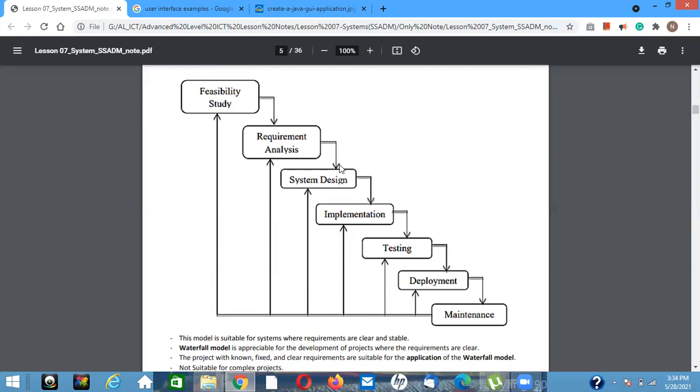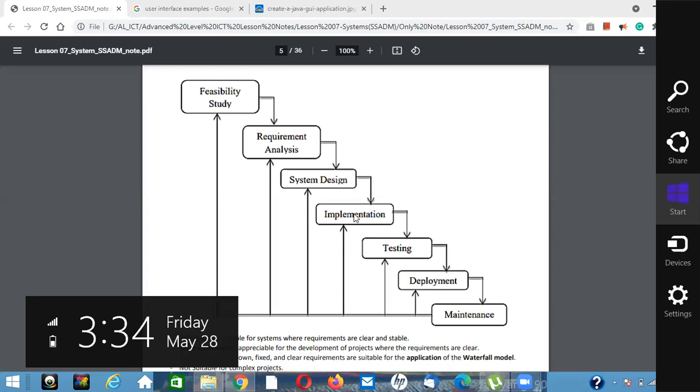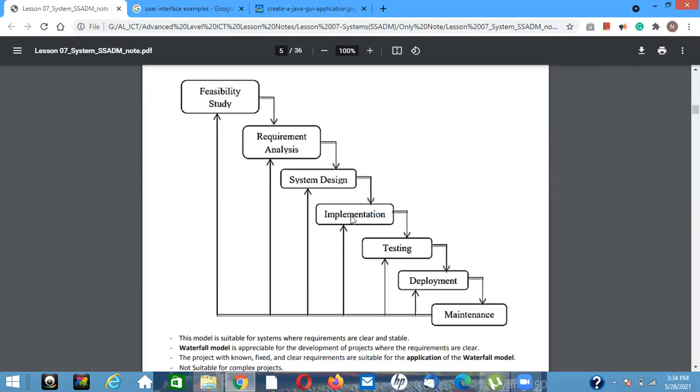After this the system design comes, after system design implementation comes, after that testing comes, likewise. But if some errors happen at the deployment, we have to go back to the deployment, correct the errors, and come back to the maintenance. Let's say some errors have occurred at the implementation; something has gone wrong. At the maintenance, we identify that mistake, and there should be a way to go back to the implementation, correct the error, and come to the testing, deployment and maintenance likewise.